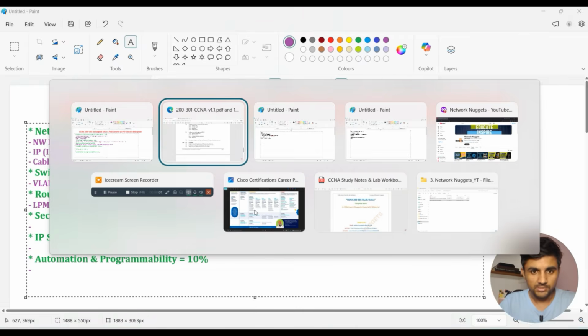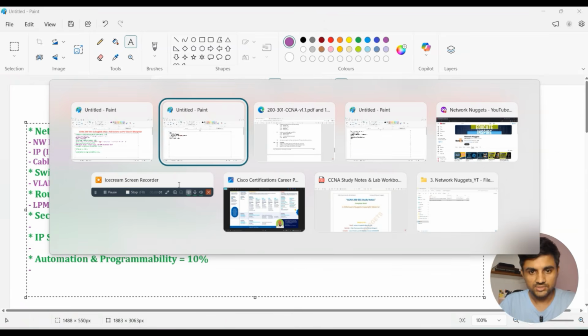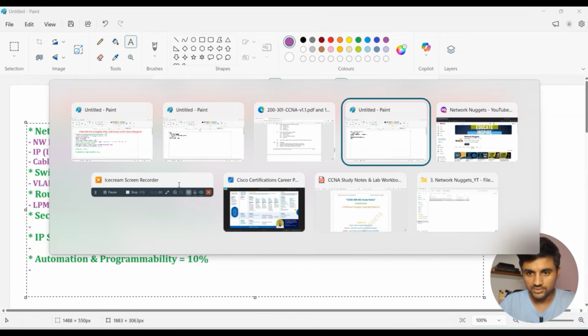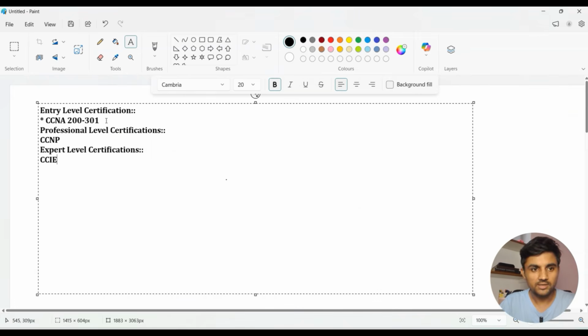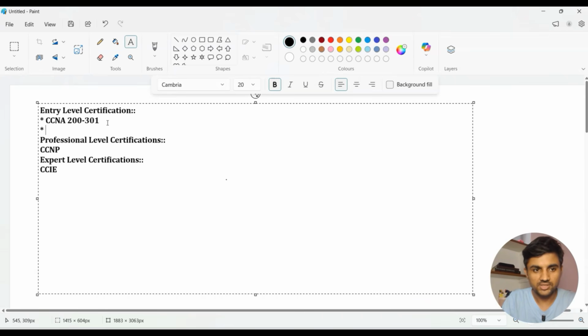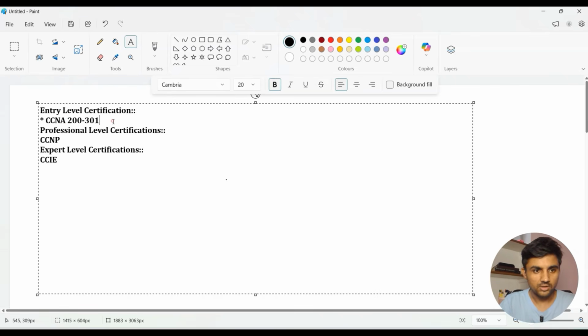So earlier, as I believe everybody knows, this Cisco CCNA was the entry level certification. It was separate: there was CCNA Routing and Switching, right? Then CCNA Wireless was there. So that was the earlier game, but now what we have is just one common entry level certification for all of it. So today you don't even need a CCNA certificate to go for the CCNP and CCIE, but